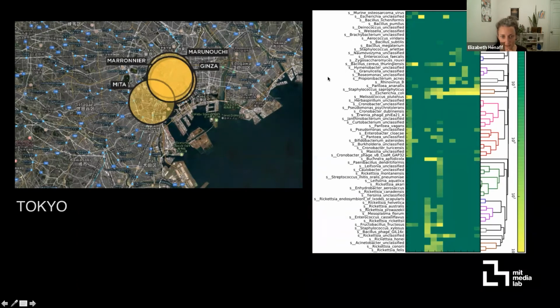And so this quantitative biological metric was correlated to the quantitative geographical metric of distance, and gave us an idea of the more high resolution microbiome of an environment. So that was a much less granular sample than the individual swab, but that gave us an average readout of a particular neighborhood.